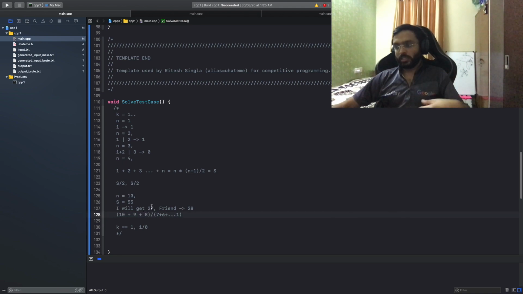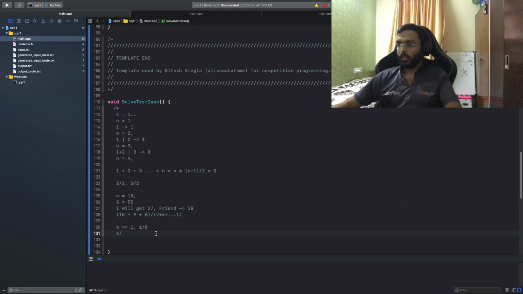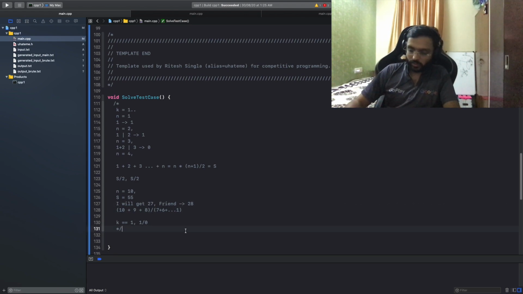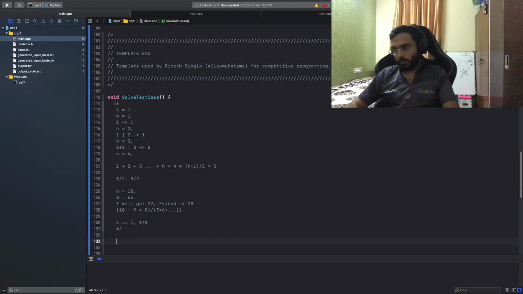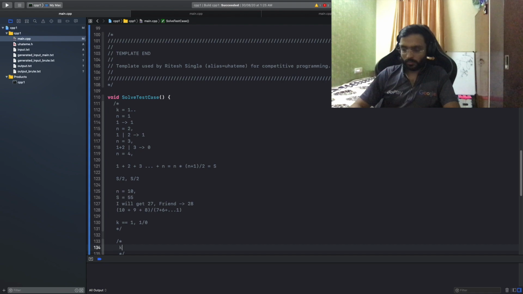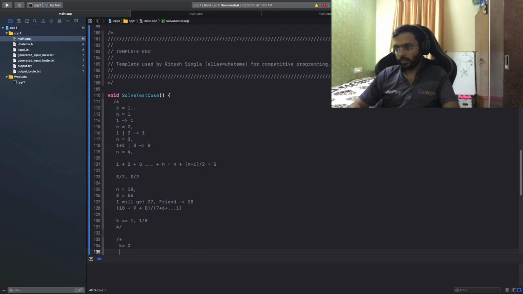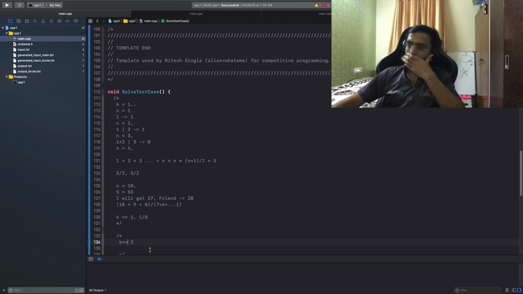So I can always get up till the sum 27. Okay, so I think for k equal to 1, the use case should be pretty simple. Let's see for k equal to 2. I think regarding the assignment, maybe we can think more about it later on. Let's focus on k equal to 2.